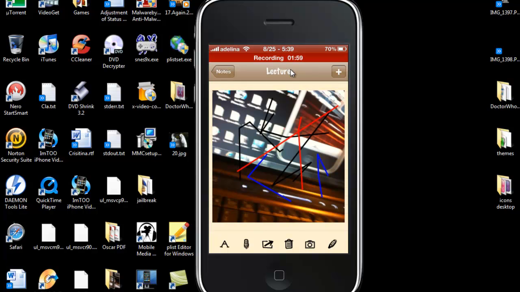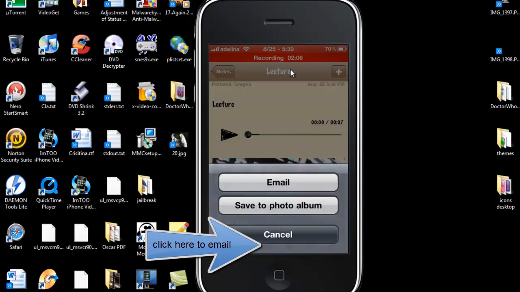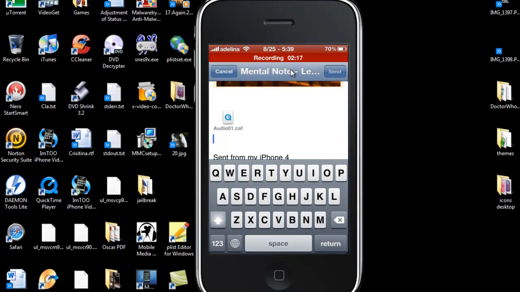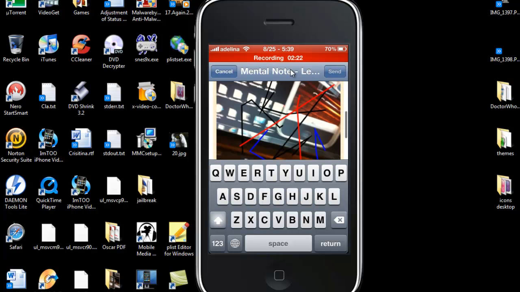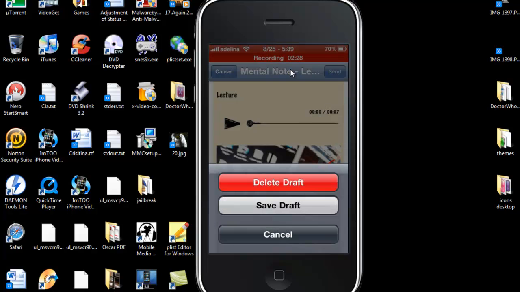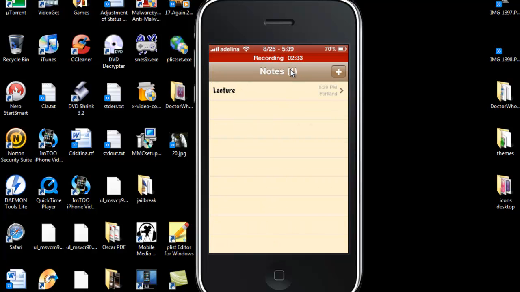So that's a pretty cool app for being in class. And then when you're done with the whole thing, you can just email it to yourself, or to anybody, or to everybody, or whatever. So it sends the audio, the picture, whatever notes you wrote. So that's a pretty good one. You can do as many notes as you want, and as you can see, it also posts the time and the place of where